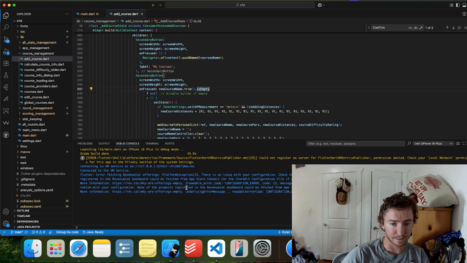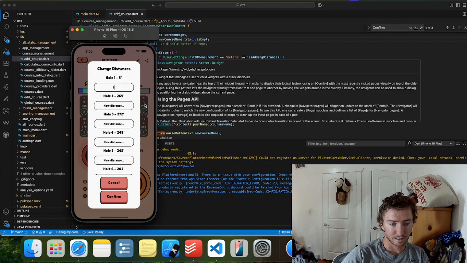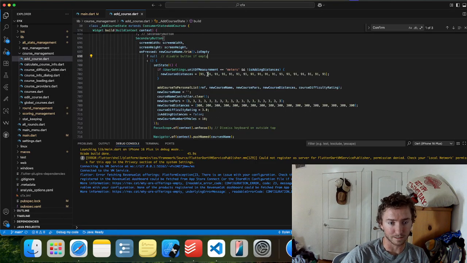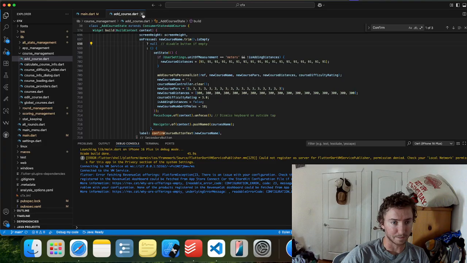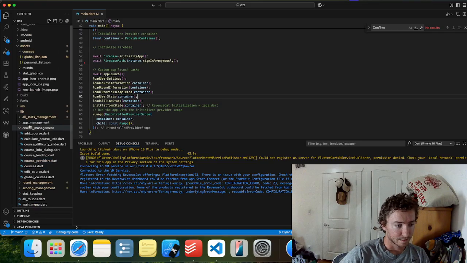Am I looking at the right thing? I'm absolutely not looking at the right thing. Okay. Disregard. I'm not even on the right view. For some reason, I thought I was on the add a course view. That was making no sense to me for a second there.